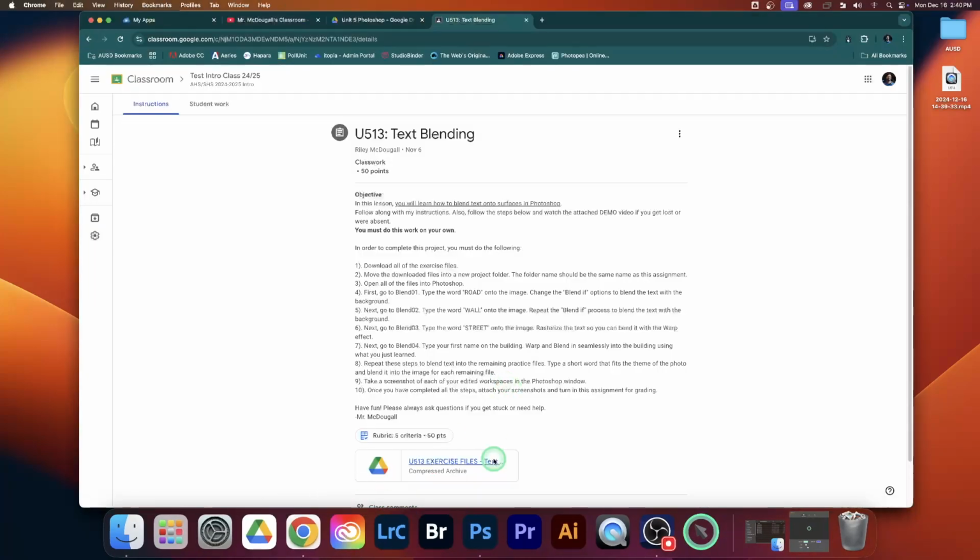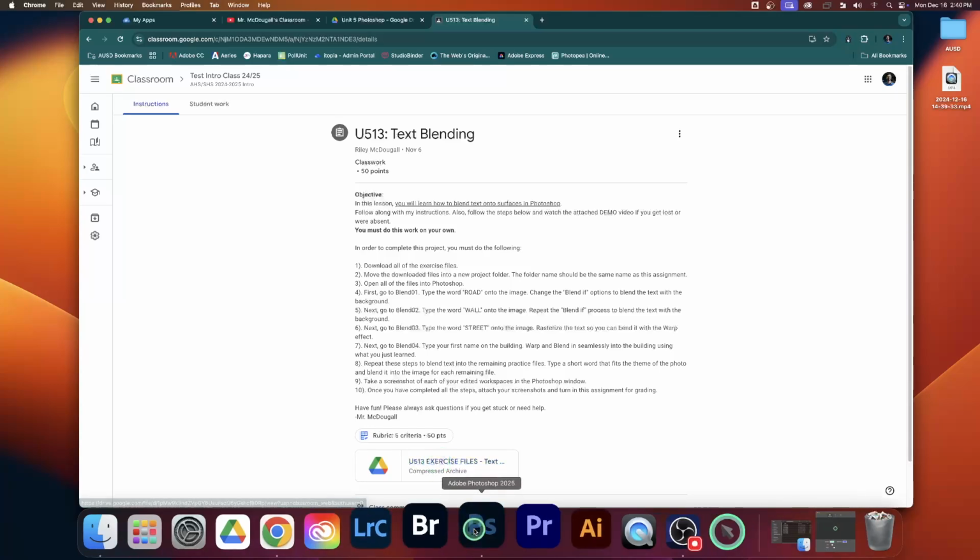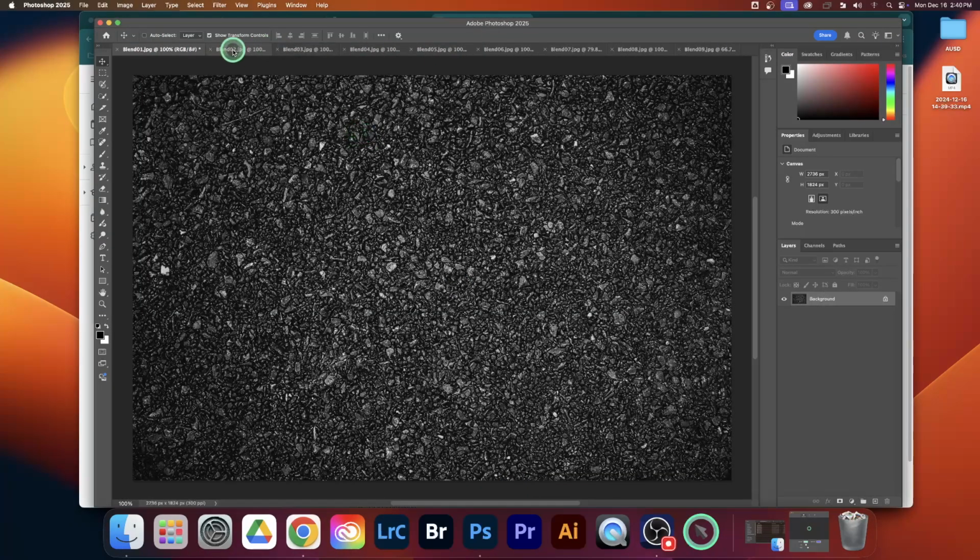So as usual, download the exercise files, open them all up in Photoshop. Pause the video if you need to do that part right now, but I'll join you here on Blend 01. So when you're ready, we're going to do the effect on Blend 01. It's a very simple effect. We're going to start by using our type tool. Click over here with T for the type tool, and then just click once and type the word road in